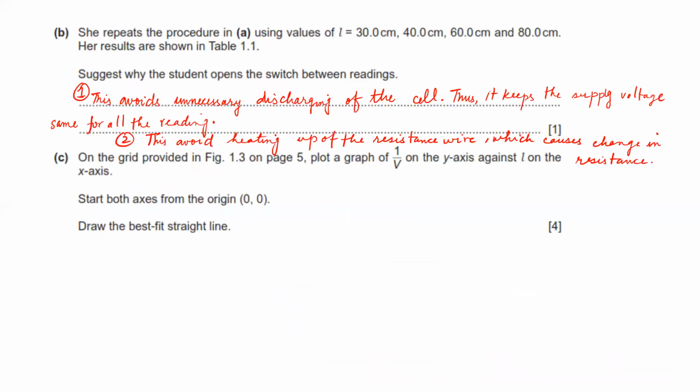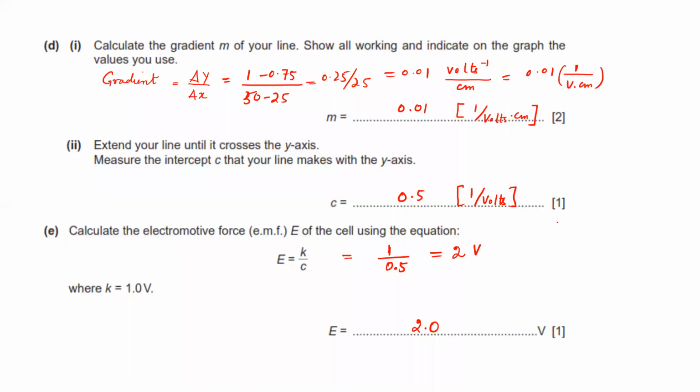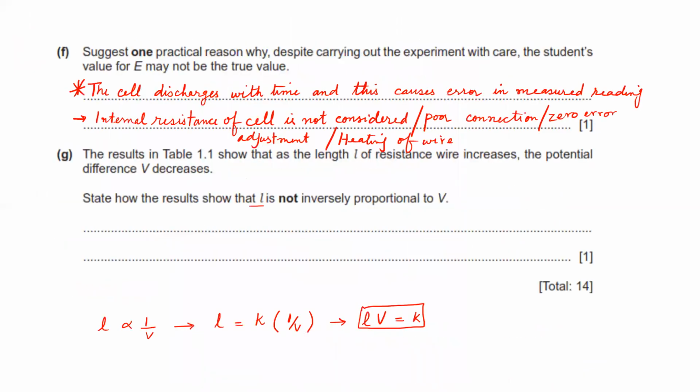You can say the other reason is that when we're looking at the graph, it is in the form of y equals mx plus c. Okay, so it is having an intercept, so it means that it is not linearly proportional. So how is it not inversely proportional? So first of all, the best answer is to say